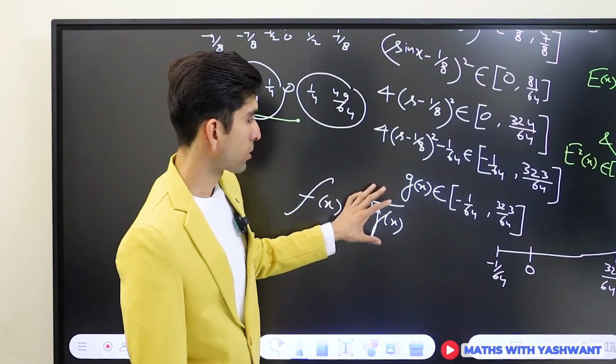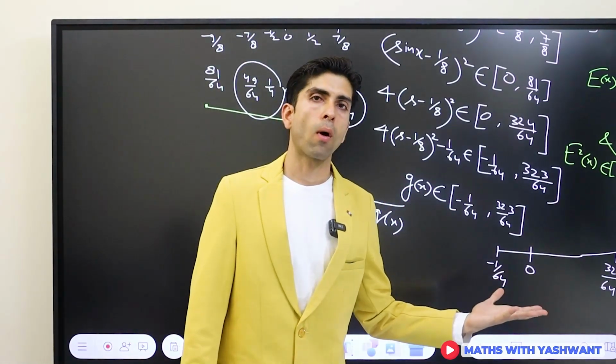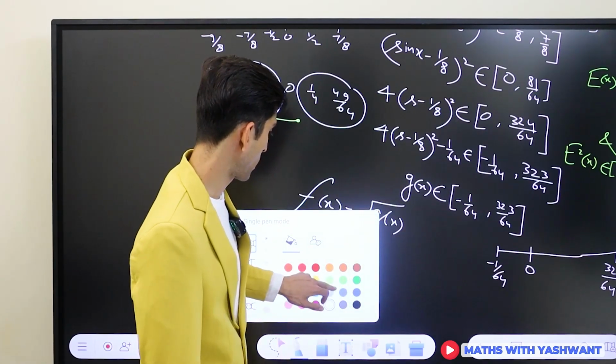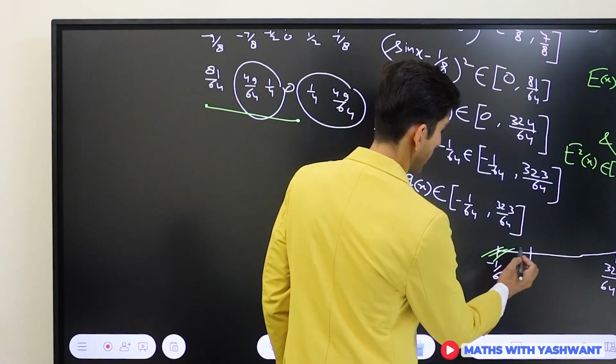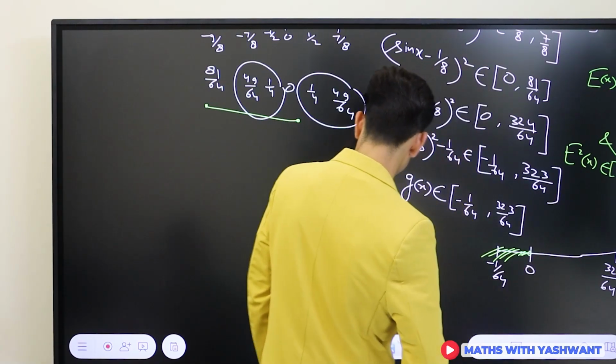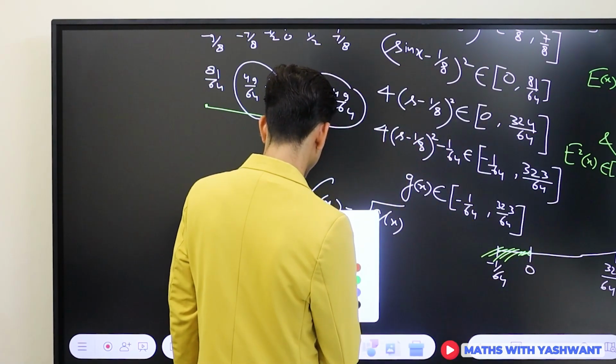So for taking the square root, we have to take only positive numbers of the number line. So we reject this portion up till 0,